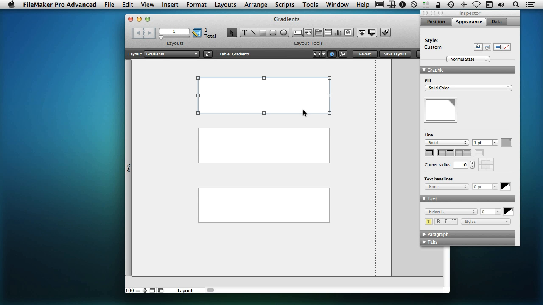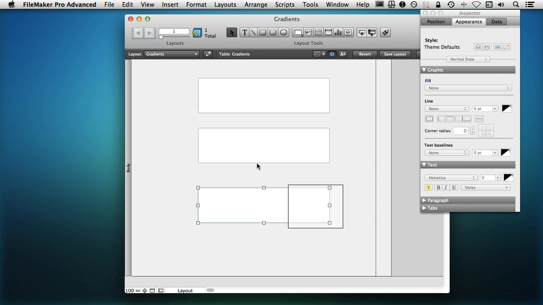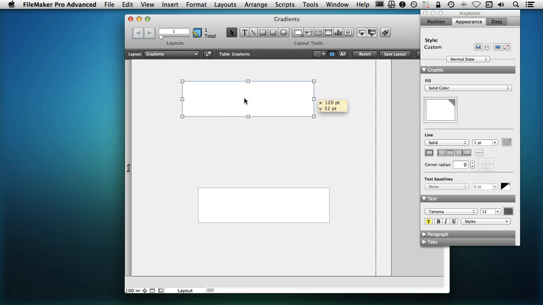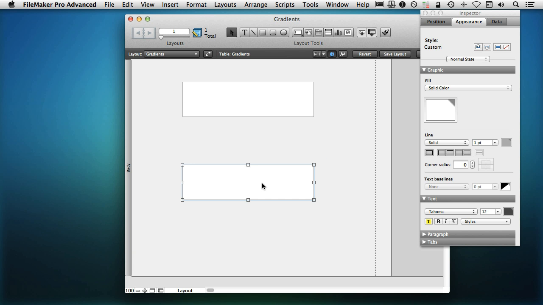So my interfaces tend to be composed more of your buttons and your text objects than they do regular rectangles. But I do still use regular rectangles. So I'm going to get rid of this rectangle. And we're going to use this text block, and we're going to go through some of the ways that you